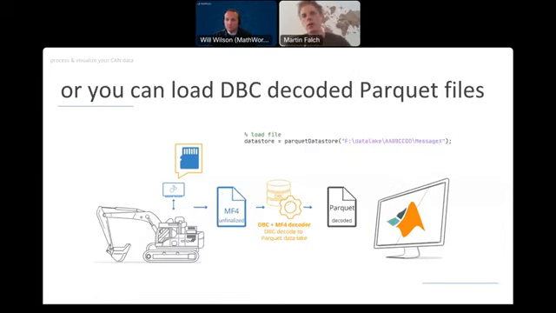An alternative route for integrating the data into MATLAB is to use Parquet files. This is useful if you do not have the Vehicle Network Toolbox, or if your goal is indeed to perform very large scale analysis beyond memory, because again, Parquet files can be loaded into tall arrays in MATLAB and datastores quite easily. And we provide a simple executable that will allow you to easily DBC decode the data into a Parquet data lake. And as shown here on my last slide, the next one,